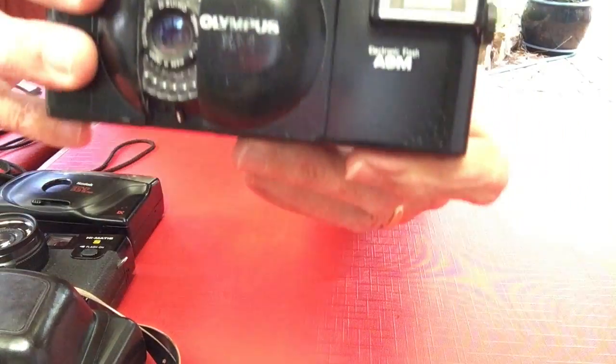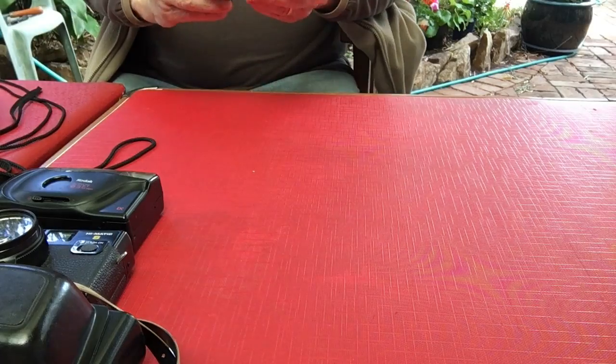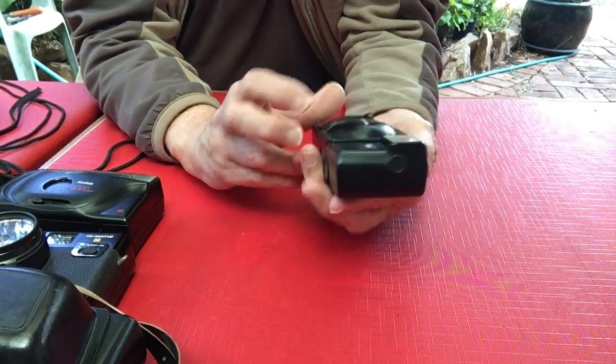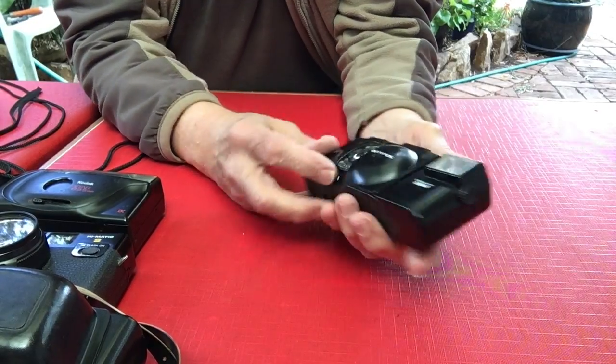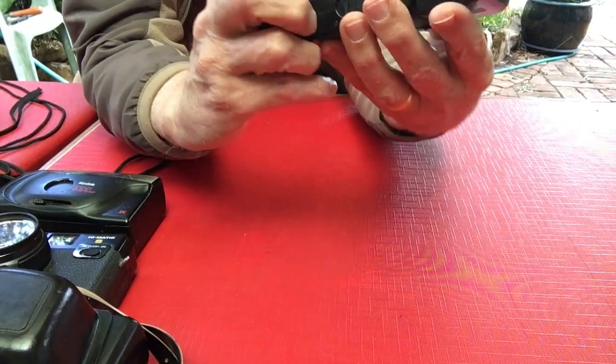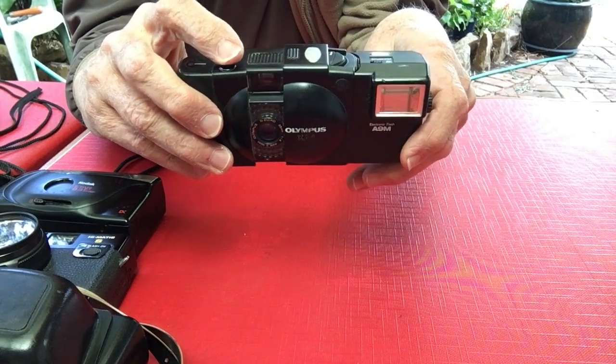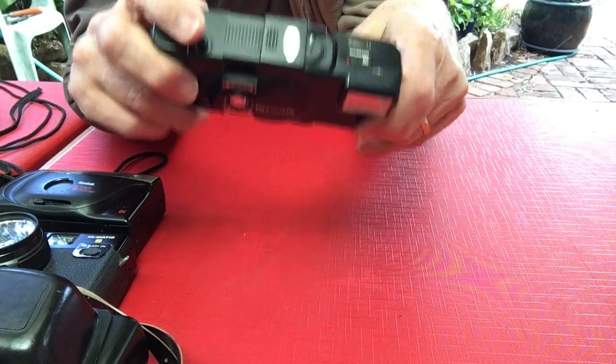So that just went. Got to wind it on each time or it won't take a shot. If you want to use the flash, there's a nice little flash here, but the flash is only activated by a little switch down here. You've got to turn that little switch on, and then you've got to wait for your flash to